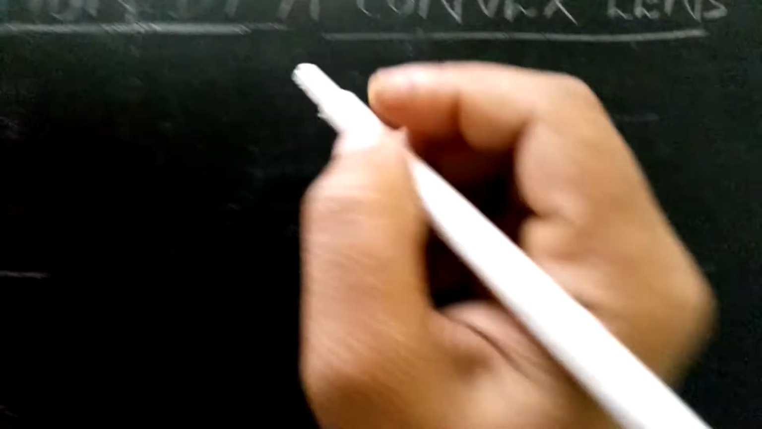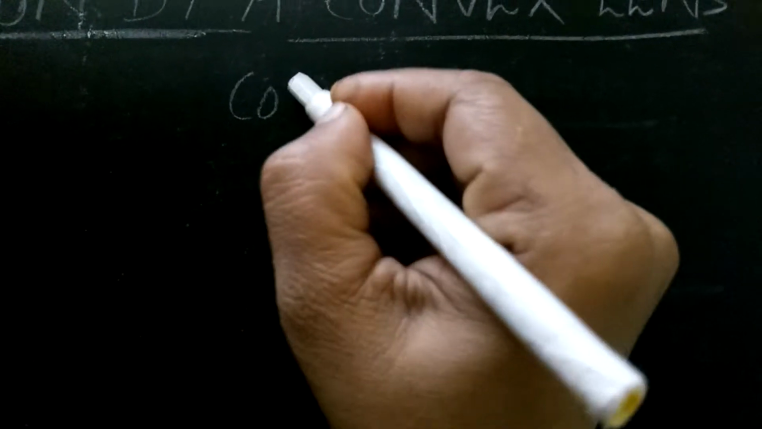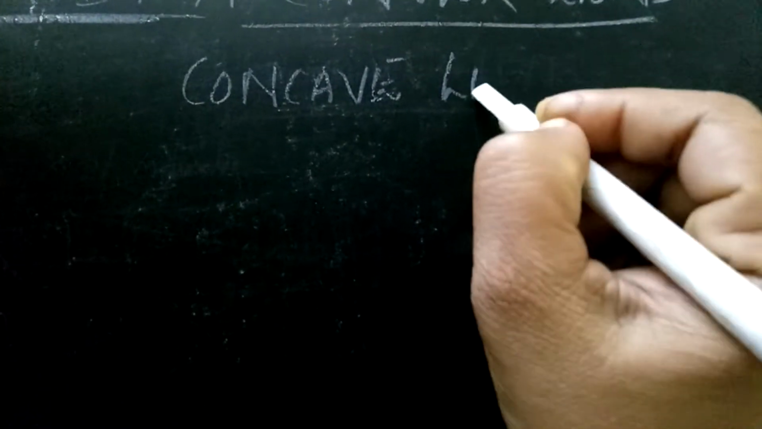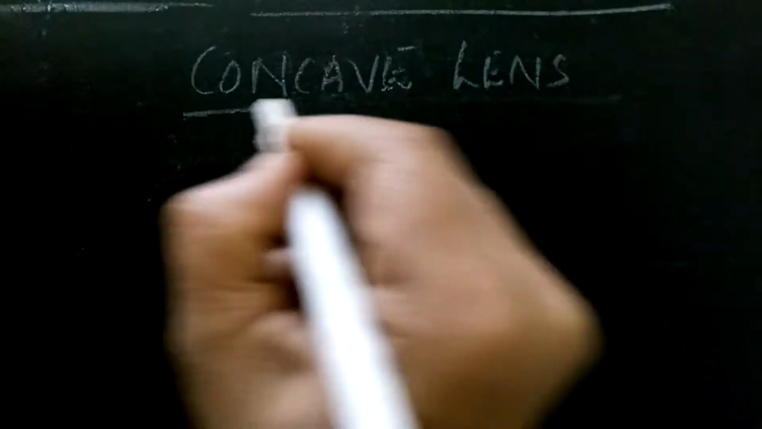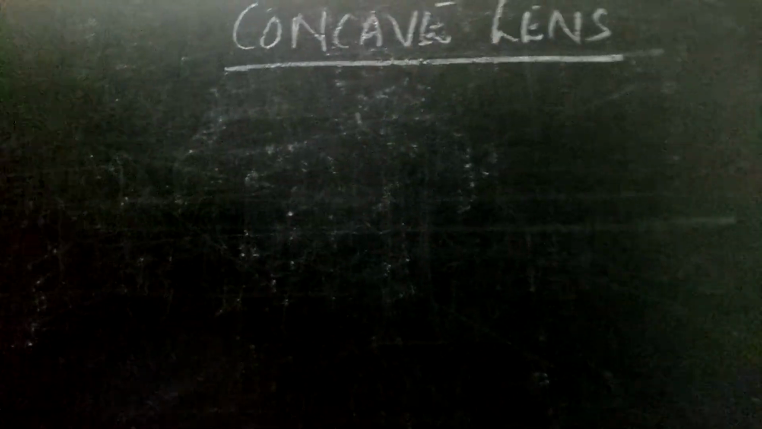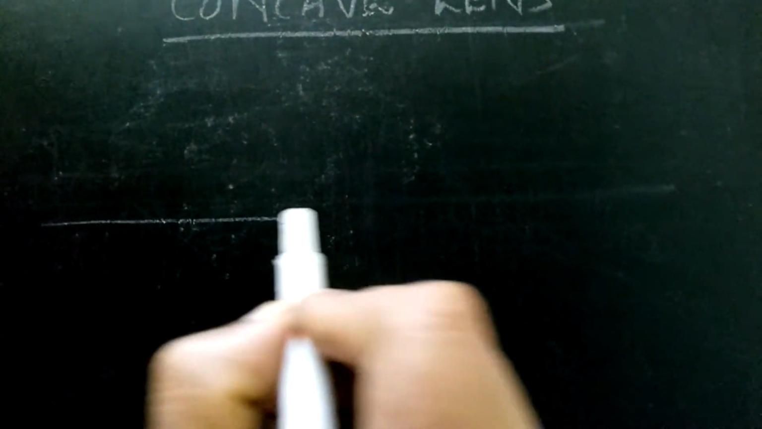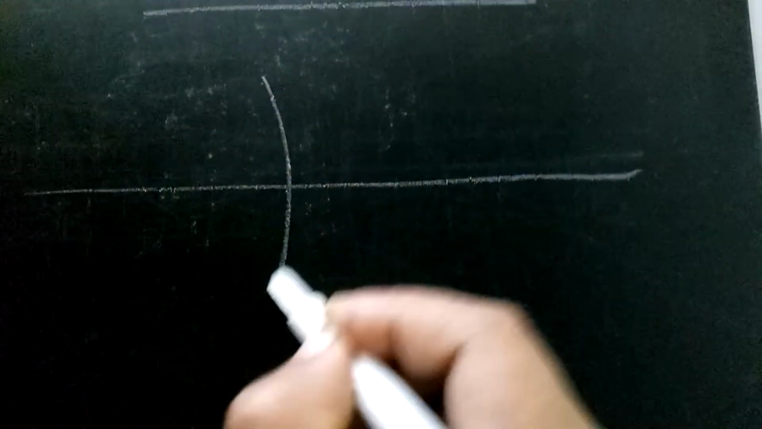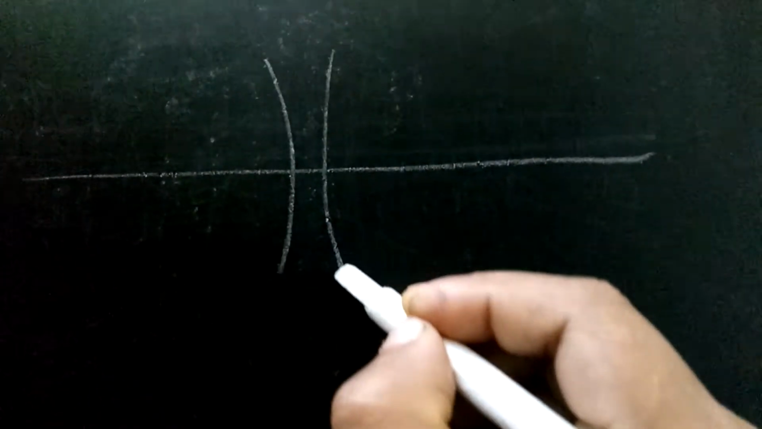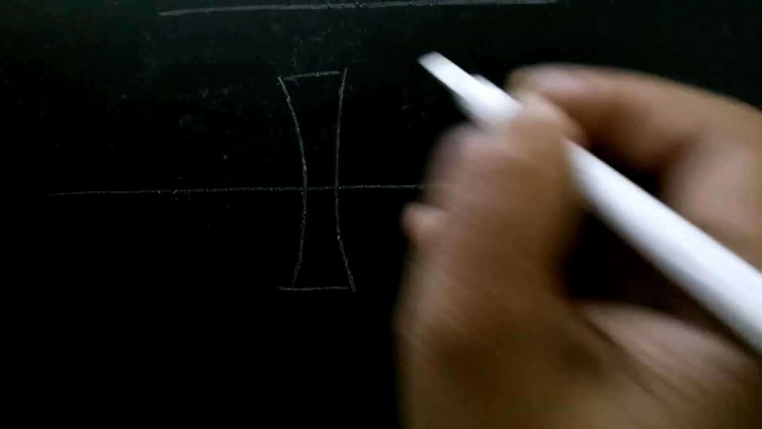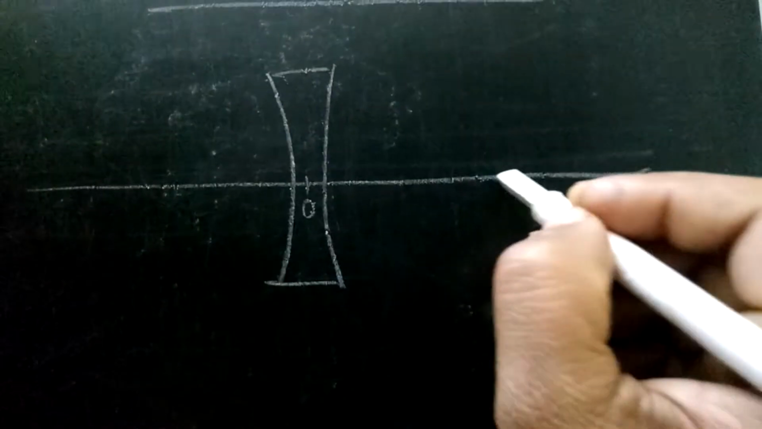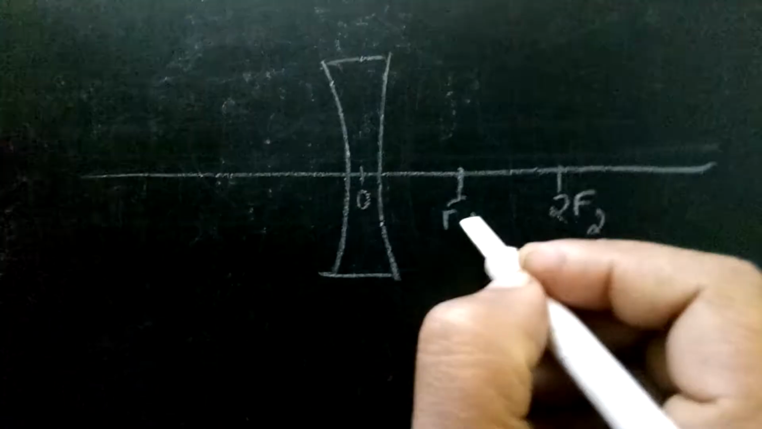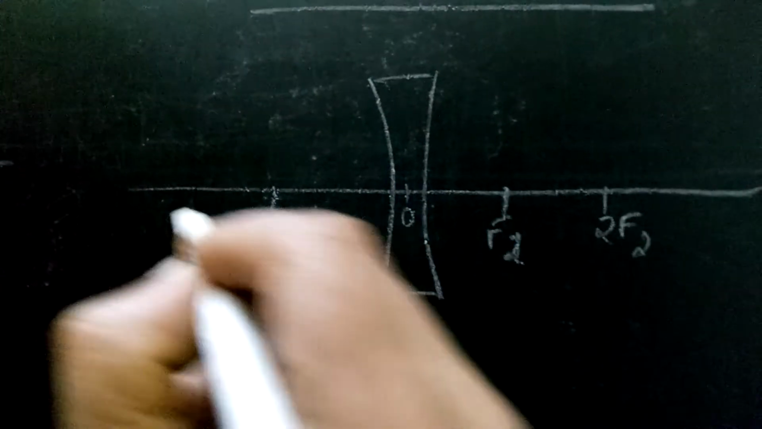Next one is the concave lens. For the concave lens we can draw only two diagrams, because it is a diverging lens. Here this is a principal axis and we have to draw a thin lens. Here also you have to keep the compass on the principal axis. Where you keep the compass, there you have to mark 2F2 and then F2, here F1 and